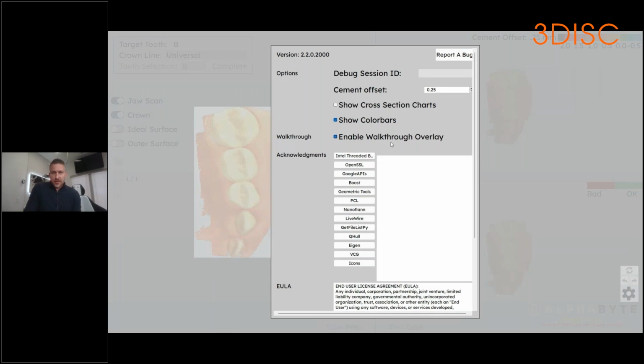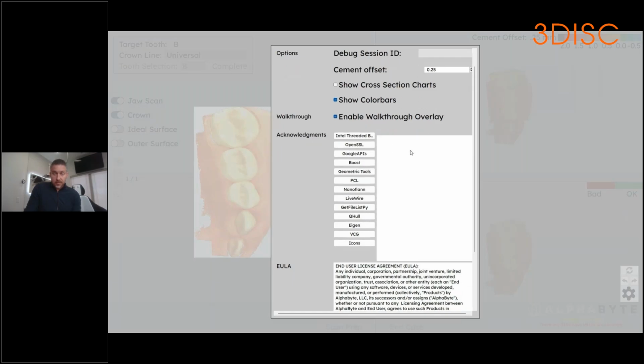can be delegated to a clinical assistant that can run the scanner, acquire the initial data, and do the initial crown selection steps up to the point where you're ready to sit down with the handpiece and begin preparing that tooth. So you can toggle these on and off, but I prefer to leave it on, and I'll show you